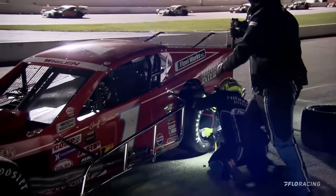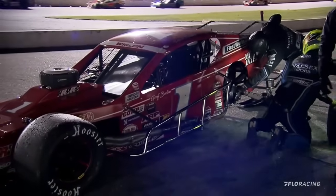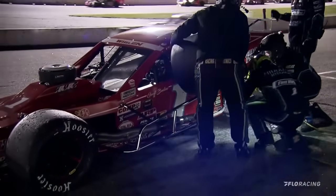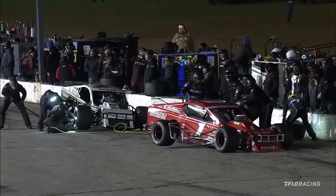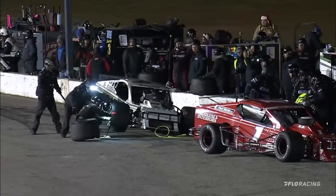Well, Jesse, it seems like they dropped the jack on that car to send him go. We saw Patrick Emmerling waving his hands inside the race car. I wonder if they stripped the hub, Ben, where they can't get that lug nut tightened back up again. It certainly looks that way. You saw one of the crew members literally grabbing now. They might have. Now it appears that they continue to work the problem, but this is a very costly situation